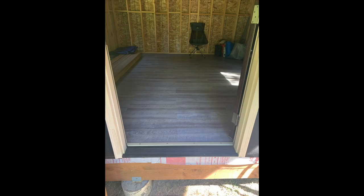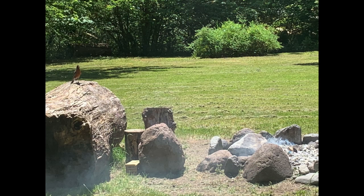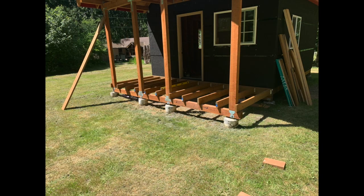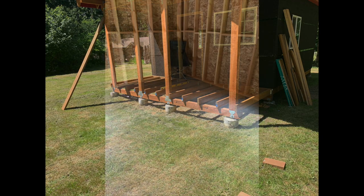Because we were doing things one week or one weekend at a time, you'll see that we did the flooring on the inside of the cabin, but we still had other things that we needed to do. So we had the opportunity to bring a sectional sofa and a table and some other things. So before we really finished the interior with insulation and paneling, we kind of already started to move in